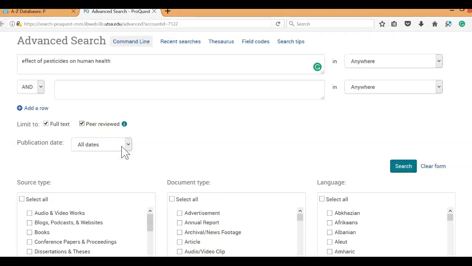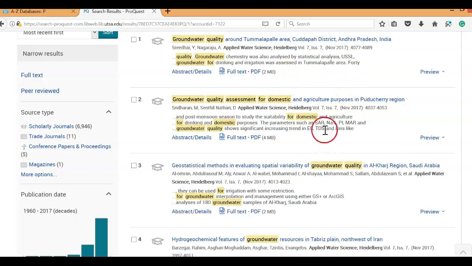Whether you select a date range or not, make sure when you are writing about current issues, the sources you use to support your claim are recent. Find and read a number of articles. So now that I have made my selections, I will now click on Search. Notice that all sources in this list are peer-reviewed and provide the full text of the piece. I'm going to randomly open one of these texts.